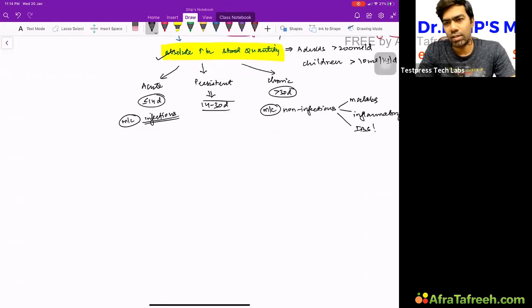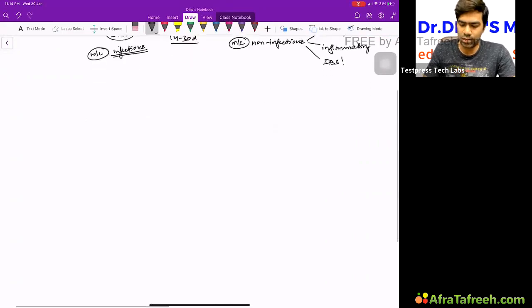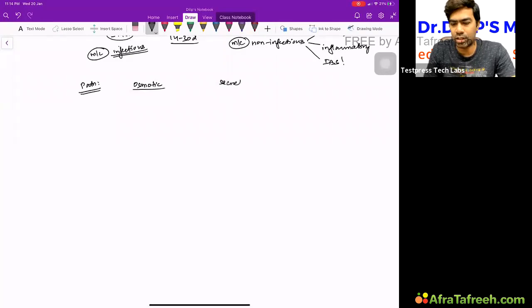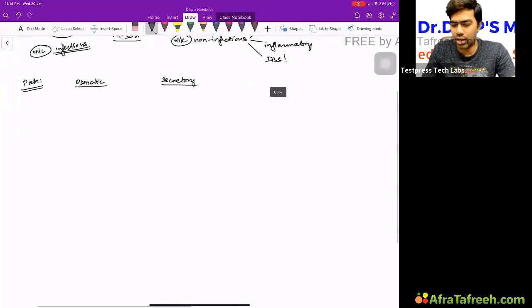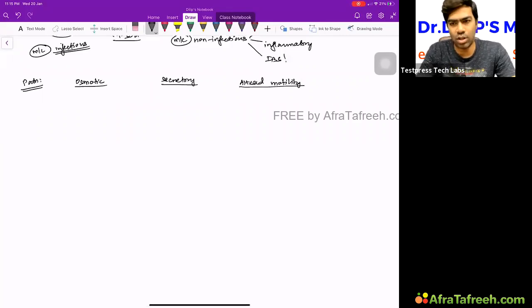Then coming to the classification of diarrhea based on pathophysiology. If you take the pathophysiology of diarrhea, you can divide diarrhea into three. One is called osmotic diarrhea. The second one, you know very well, is called secretory diarrhea. And the third one, you get diarrhea due to altered motility, altered intestinal motility,